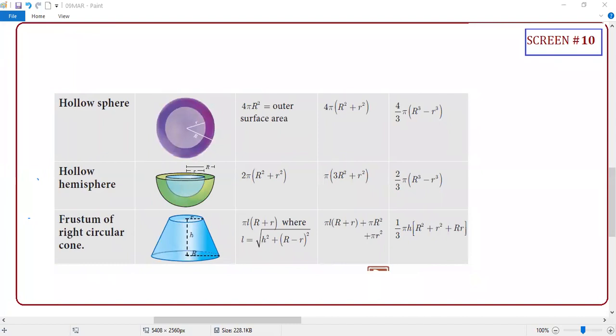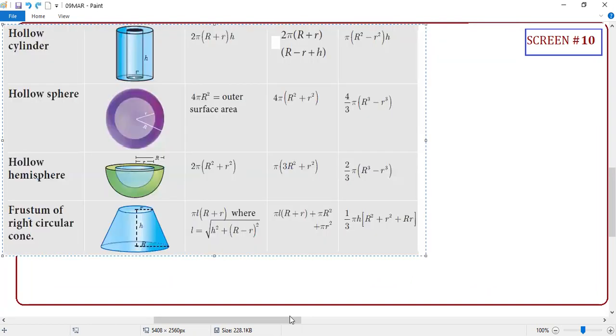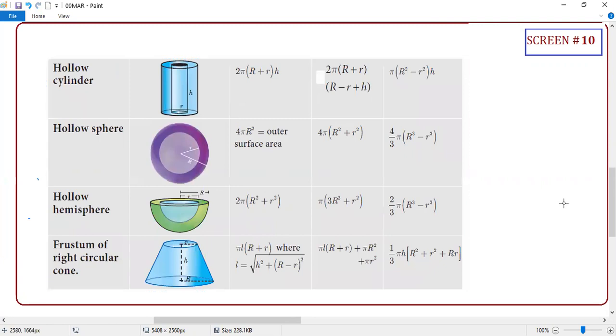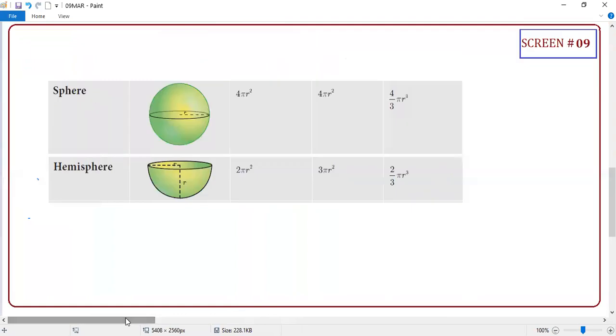Sorry, I forgot this one. You have to take hollow cylinder also. There is no hollow cone, but there's a... Yes. Guys, these 4 additional things you can learn. I can say they are additional, but they will help you, students. Again, I'm saying that max ends here. Please remember, this formula will help you in so many places.